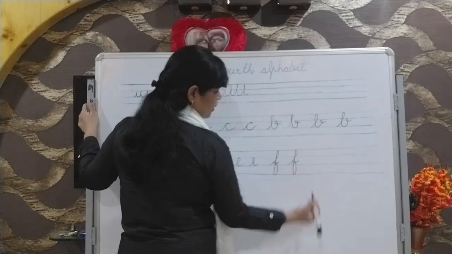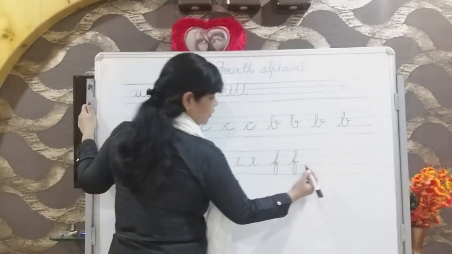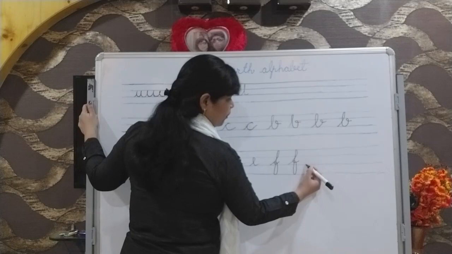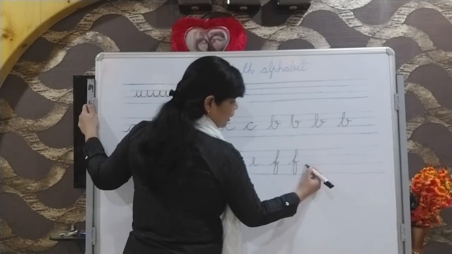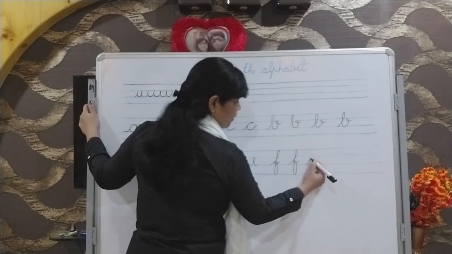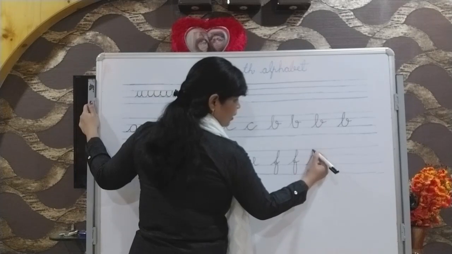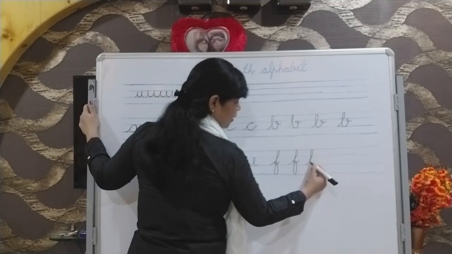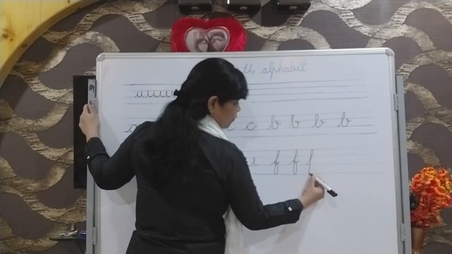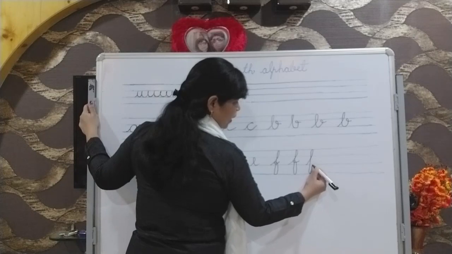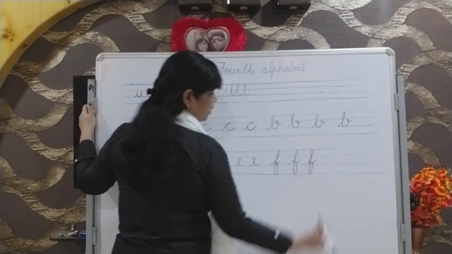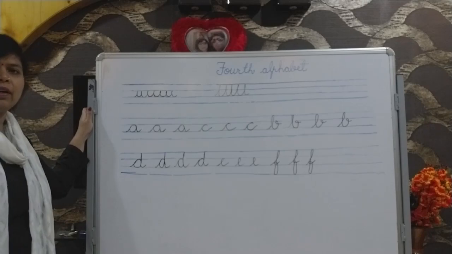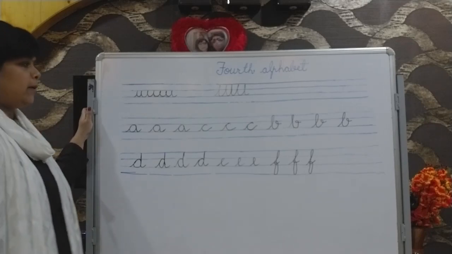Inside, then outside. Clear? In F, many students are feeling problems with how to make F. Look carefully. From the third line we will start. We will go upward. Then again we will move back. A small circle will come here. Yes, a straight line you have to draw. Move. Again upward you have to go. Cross this line, go inside and downward, you have to go again outside. It is our F. Can you see properly?